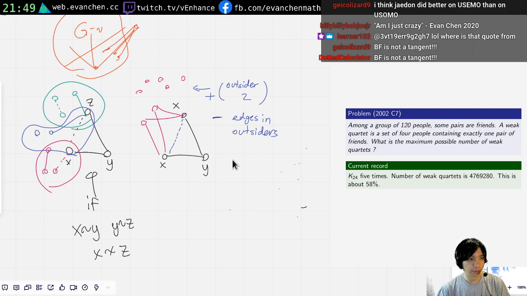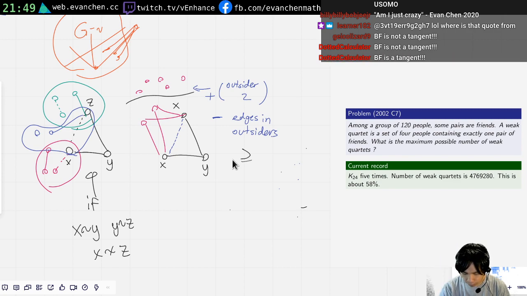And if I have 2 copies of x, I have this very egregious violation of my transitivity. There are 2 copies of a vertex but not adjacent. So now I connect them, and you gain a number of weak quartets equal to the number of outside vertices choose 2, minus a penalty for every weak quartet you killed. And the number of weak quartets you killed is equal to the number of edges in the outsiders. But this is non-negative for obvious reasons. So now I can add in that edge, and